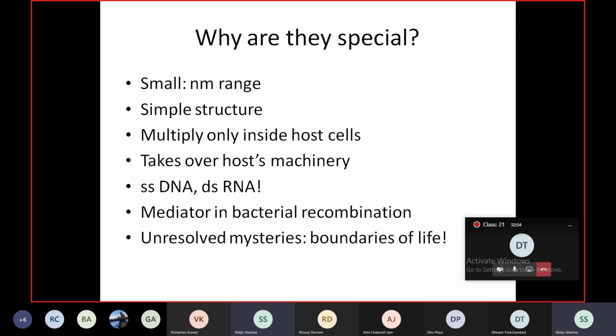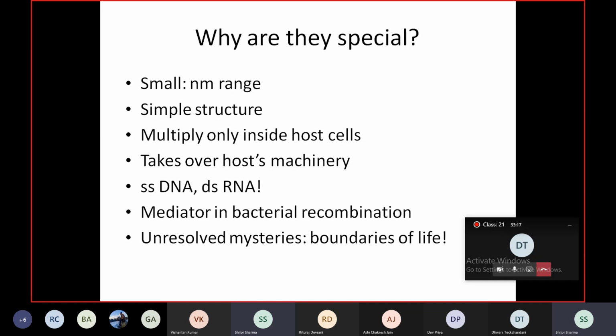So this it can do by just a short stretch of nucleic acid, which could be DNA or RNA. We'll see what are the different variations found in the genetic material. Of course, they play a role in introducing genetic variation in the host, and so they also make up excellent vectors to make transgenics in the lab.